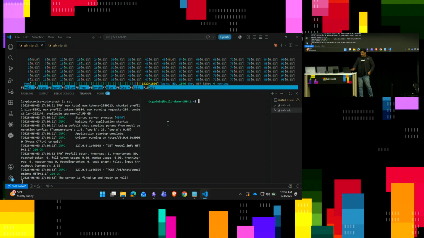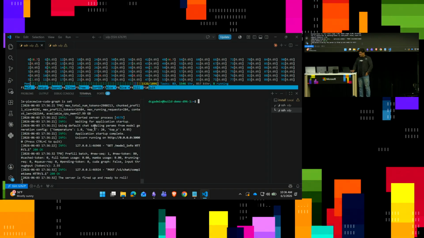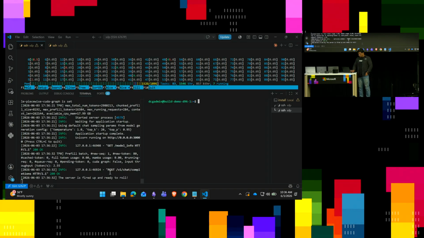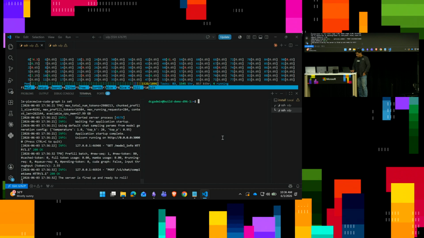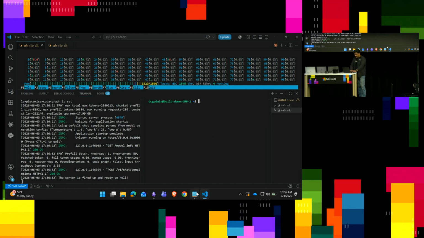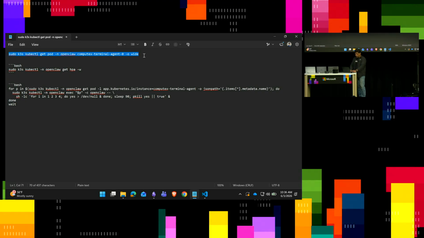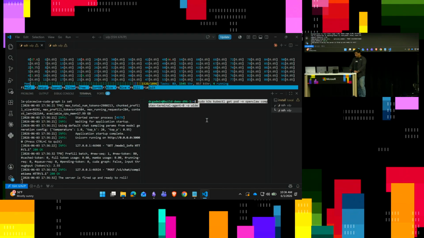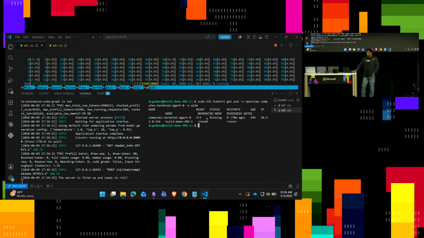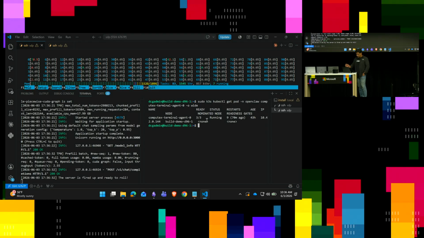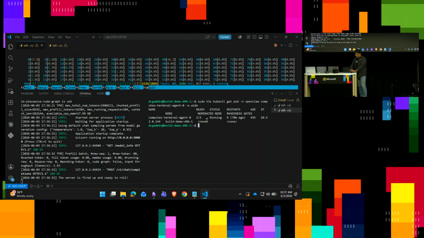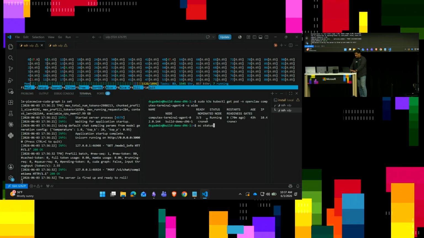So now that the model is up and running, on the left side you see that the model is serving right now. I also have another instance where I've deployed OpenFlow, the harness, on a Kubernetes-based system. So you just have one OpenFlow system up and running. We can check the status of it by issuing oc status.